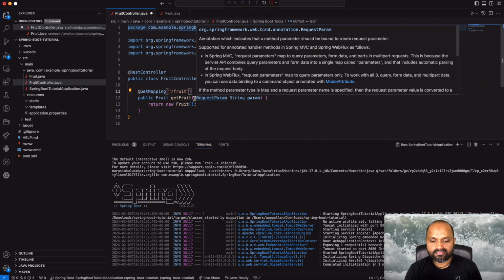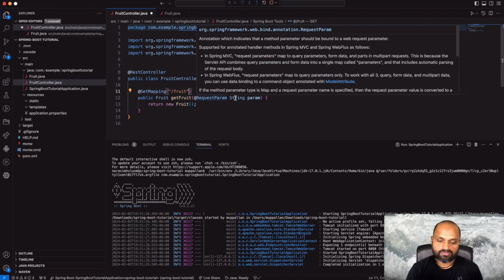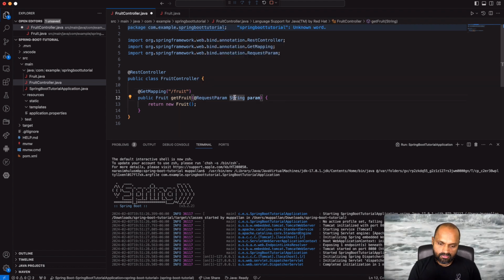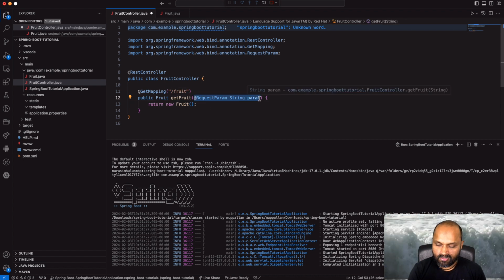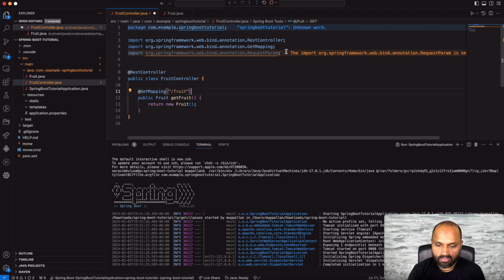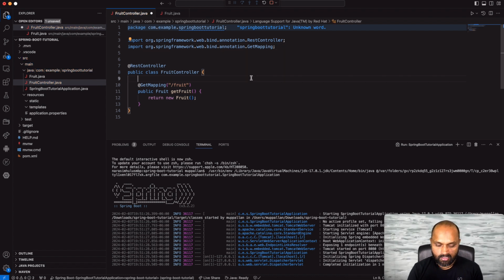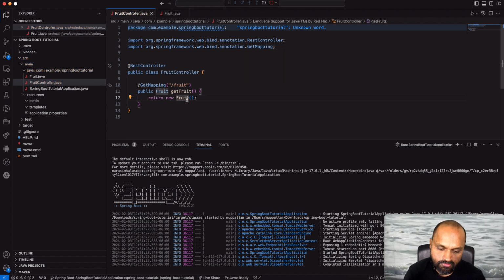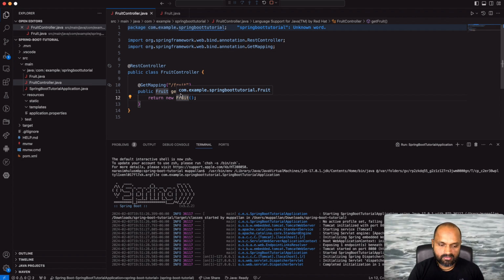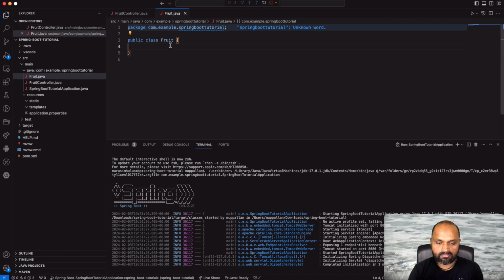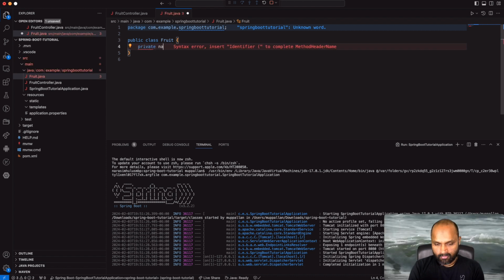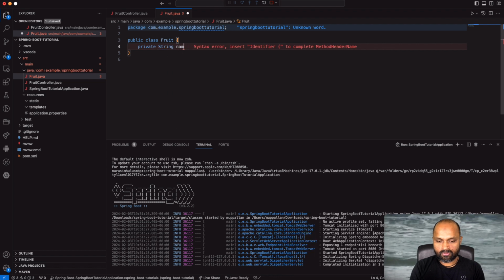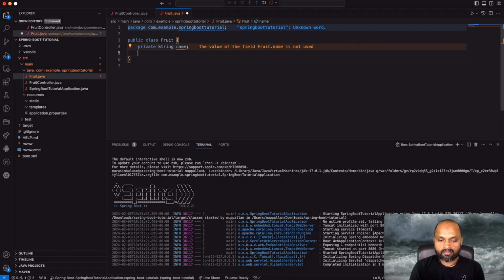It has this @RequestParam annotation, where you can pass query parameters, if you want. In this simple example we don't need that, so let's get rid of that. Right now the Fruit object doesn't have anything, so let's go ahead and add some meat to it. Private String fruitName, right? And then